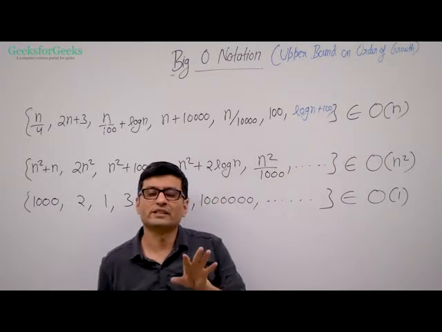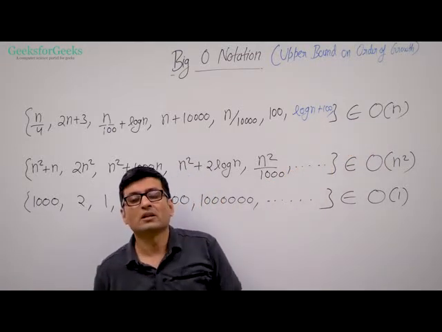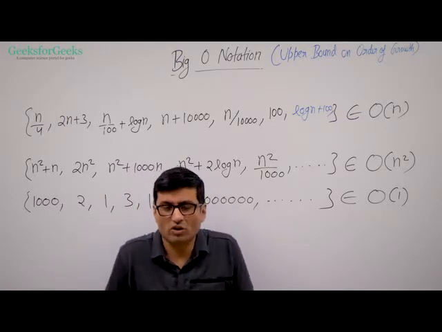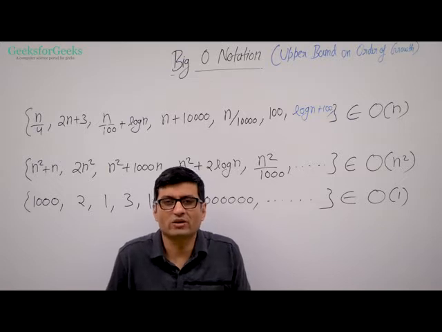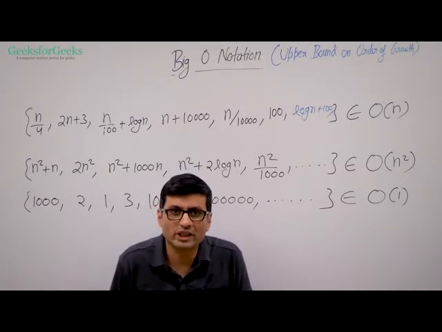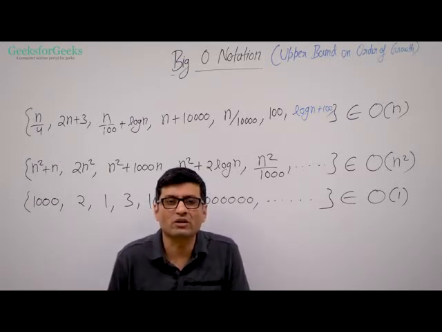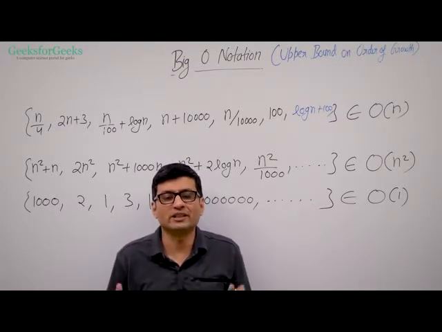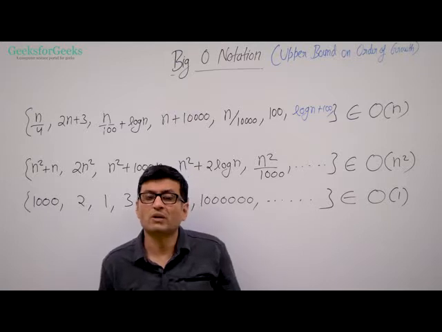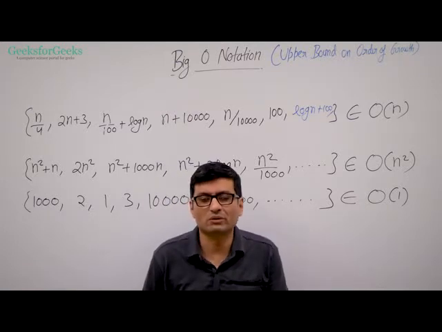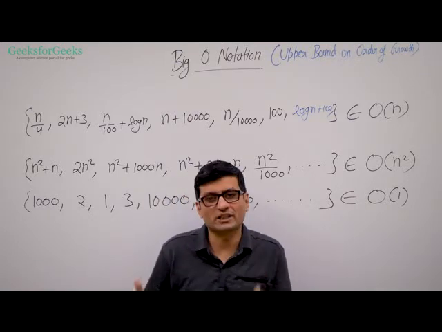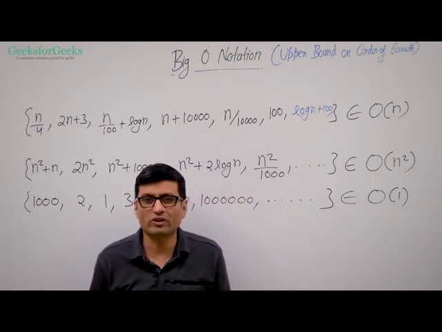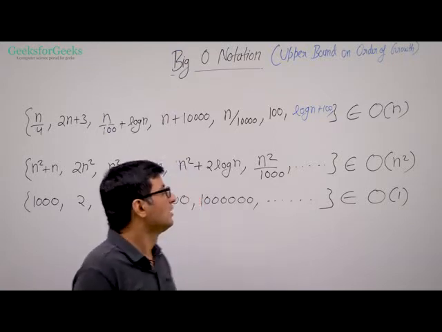Although it's never a good idea to write a higher growing term in big O notation. If you know it's log n, right? Why would you write n or n square? Although you are mathematically correct, you will find C and n naught for which it will be true, but in general we should be writing the exact order of growth, right? But we'll talk about application. Why do we care about big O? I think you must have guessed also. It's because of the worst case, best case and average cases. If you've not got it now, we'll talk about this.